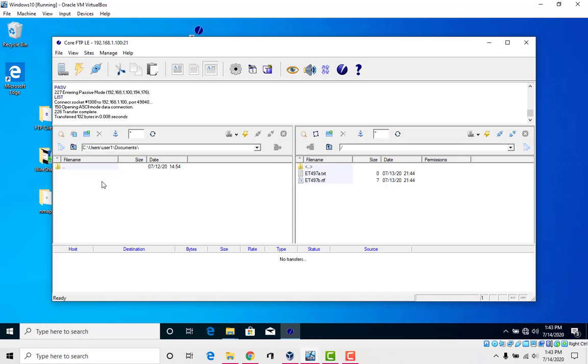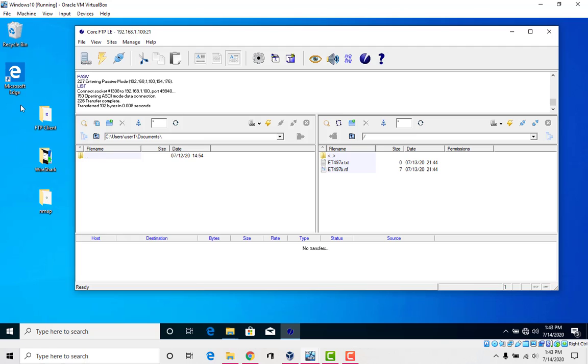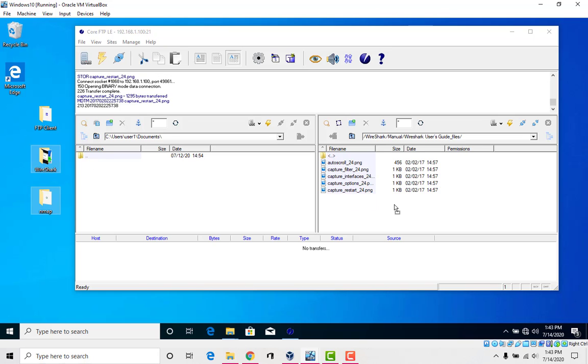Alright, so we can also transfer files from here to the server. So why don't we do that right now? Let's grab our Wireshark and Nmap. I don't know if I can drag and drop into the server. Let's see. It looks like I can.